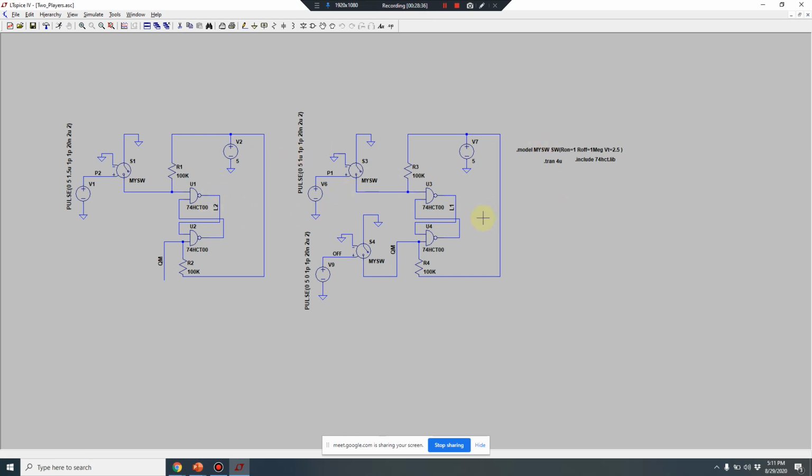So this is a circuit in which there are two independent players. This is the switch of the quiz master, which I have labeled QM out here. The quiz master can switch off. There are two players. Player one, his light is L1 and his switch is P1. This is the second player, P2, and his light is L2.